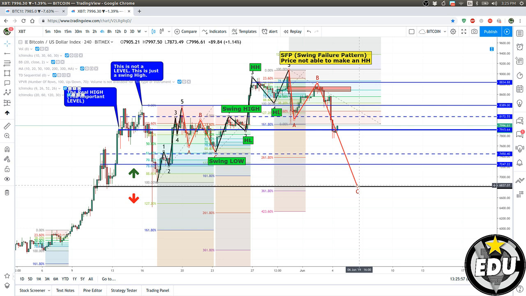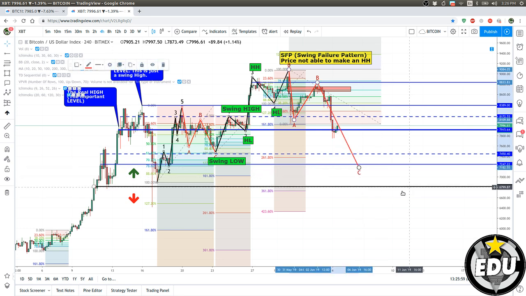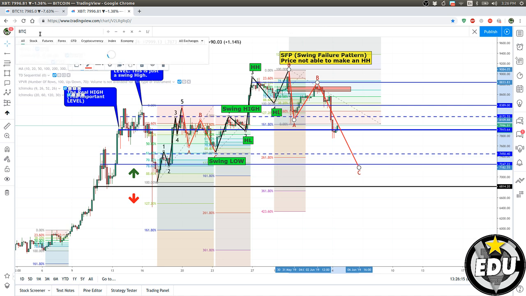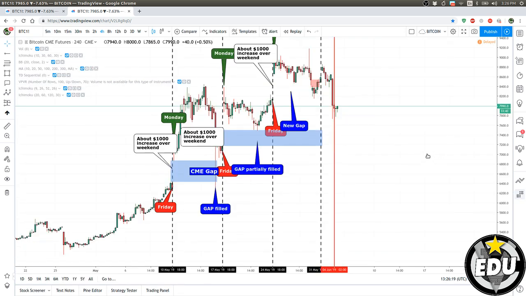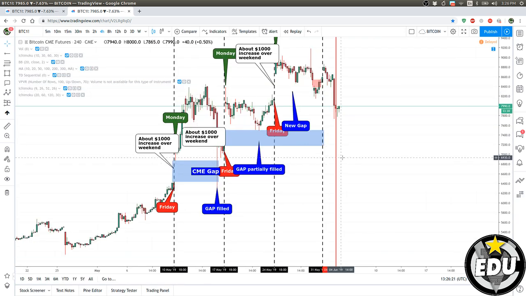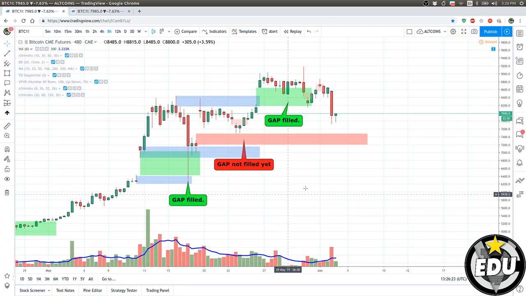This is the case if it will go down to fill the gap in what's called the CME, because in Italian S is C, so it's a mess. I get confused sometimes. Anyways, yes, CME chart, price could drop to fill that gap. Actually, it's better here. This unfilled gap.